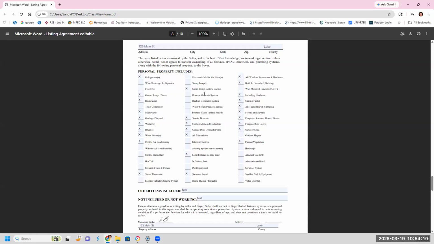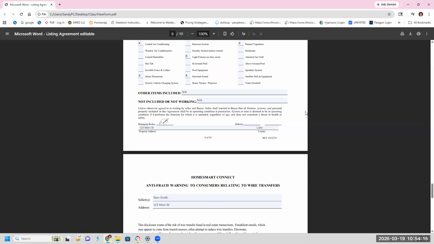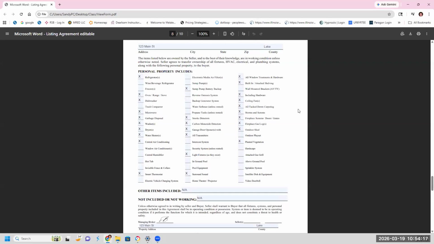This is everything. I have the sellers check all this off, or you can pre-check it with what you know and ask them to read it over and ask them if there's anything else that needs to be added, or is there anything that needs to be taken away? And I say, Mr. and Mrs. Seller, looking at your property right now, is there anything you've decided you can't live without, that you're going to take with this house sale? And I've had people tell me, I'm taking the refrigerator because my dad gave it to me right before he died. And I'm like, well, okay, but then let's replace it. And so that's what we did.